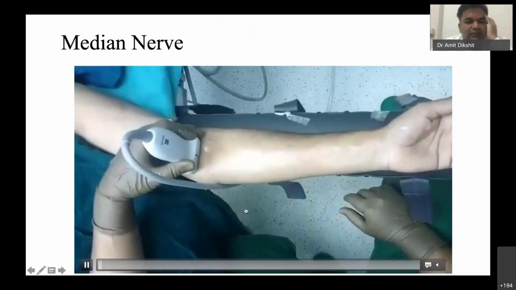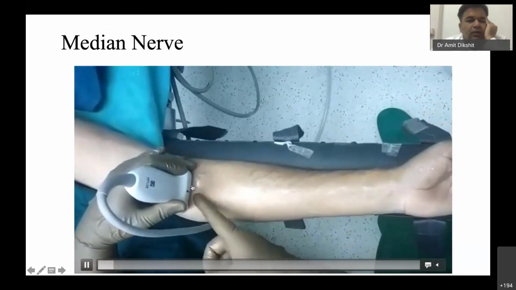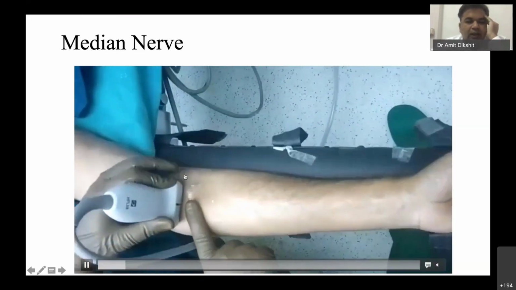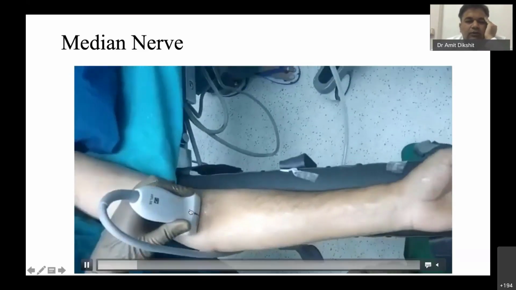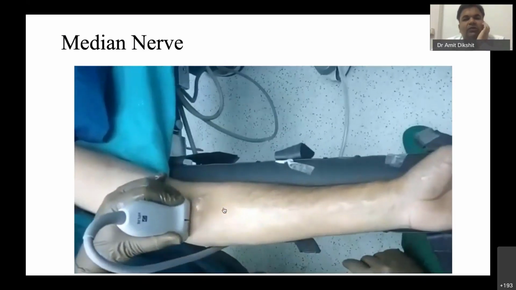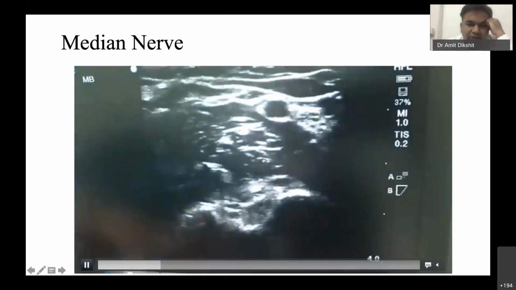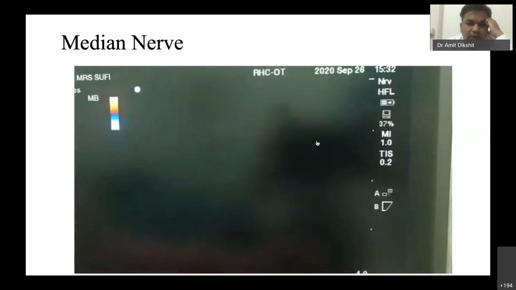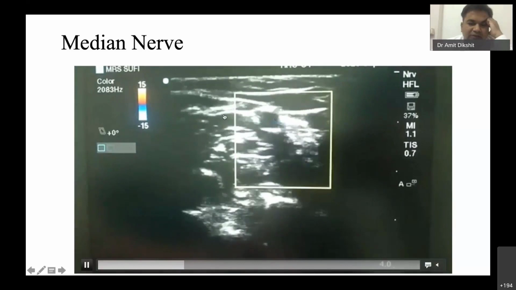So how we do the scanning: I'm just showing at the forearm level. You put the probe in the cubital area. You identify where the orientation marker is, and accordingly you mark it on the screen for the patient, and you start scanning downward. Mainly, you can look at the vascular aspect, and once you see any vessel, you can always apply Doppler and check how the vessel is pulsating. Now, the nerve is usually on the medial side, but there are one or two cases where it can be on the lateral side as well.